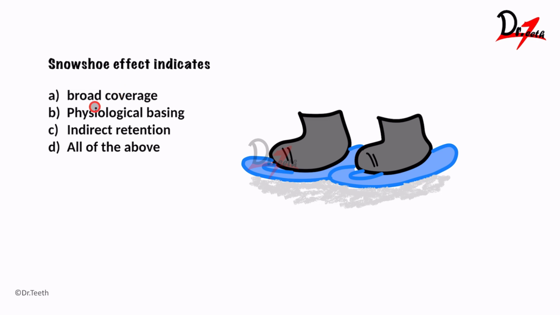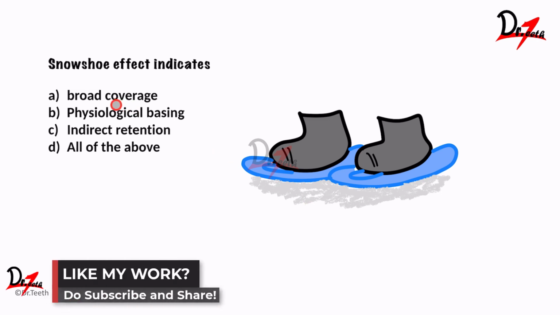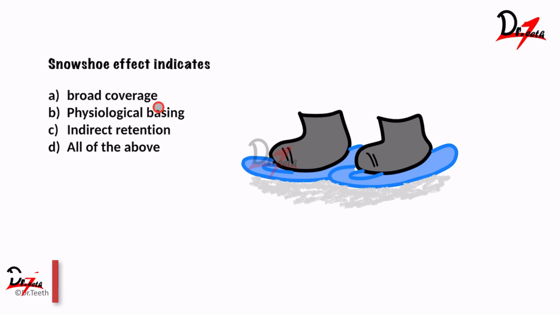So how does this snowshoe effect apply in prosthodontics, especially in RPD? While designing the prosthesis, we need to make sure that we have proper tissue coverage, because if we have inadequate tissue coverage, there can be concentration of stresses, like the concentration of stresses on this snow, and the person's leg can sink in. It will be difficult for him to walk because the legs go a little deeper if they have a normal shoe. Similarly, if we have inadequate tissue coverage, this can lead to poor stress distribution, okay? So that can lead to unwanted forces on the ridges and subsequently ridge resorption. So we have the correct answer as the broad coverage.